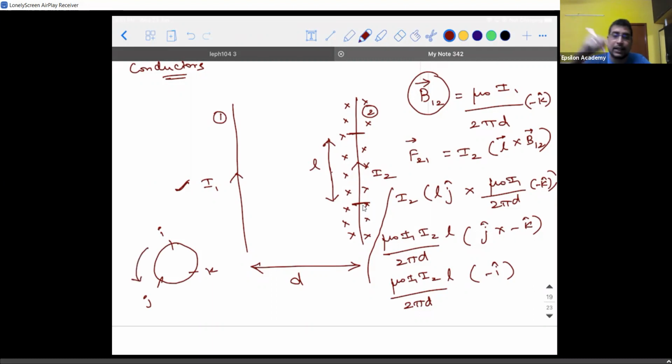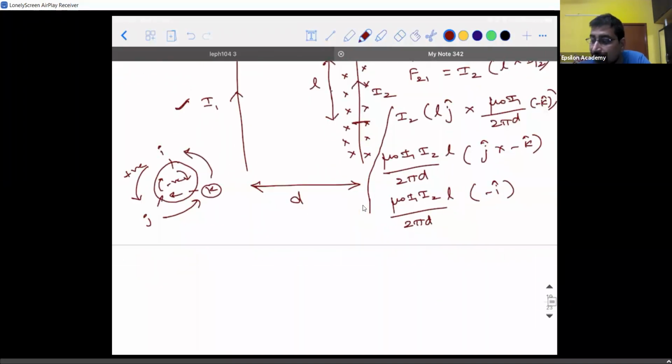So you write IJK in the anti-clockwise direction. If you do the cross product between I and J, it will give you K cap. Cross product between J and K will give you I cap. Cross product between K and I will give you J cap. Okay. So anti-clockwise direction is positive. In a similar way, clockwise direction is negative. Here the clockwise direction and anti-clockwise direction will be positive and negative, provided you write ijk in the anti-clockwise direction. Don't make the mistake of writing ijk in clockwise and again taking wrong signs. Then you will go wrong. So minus I cap is the answer here.